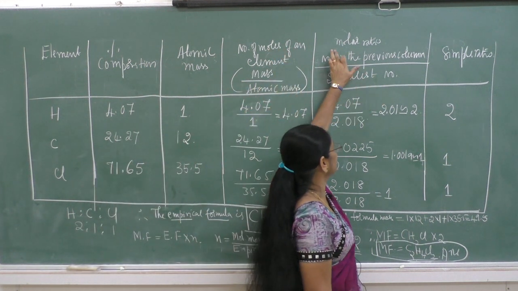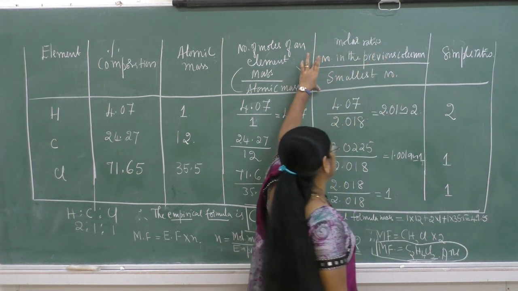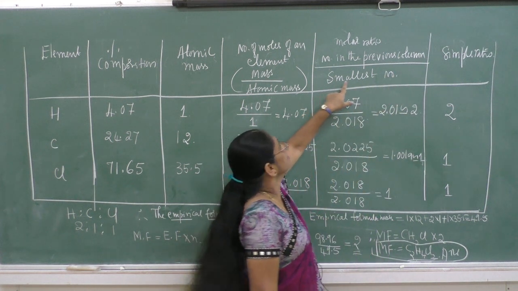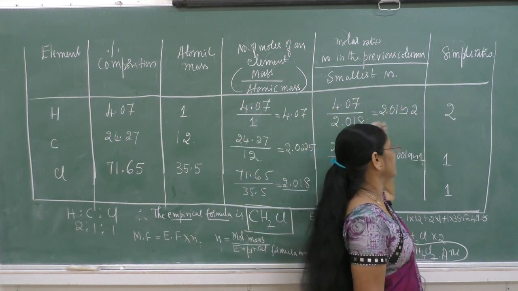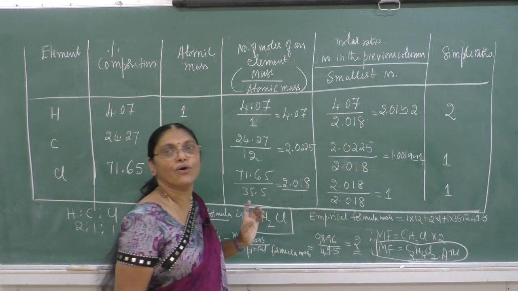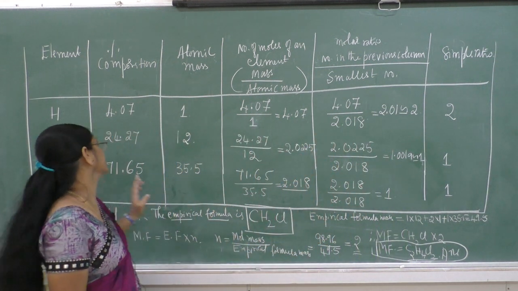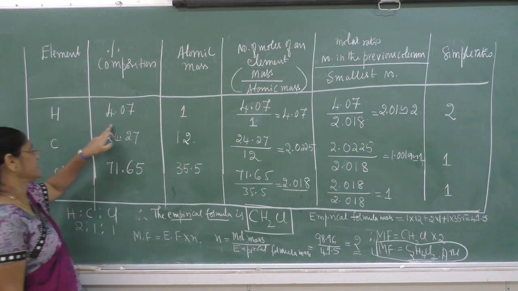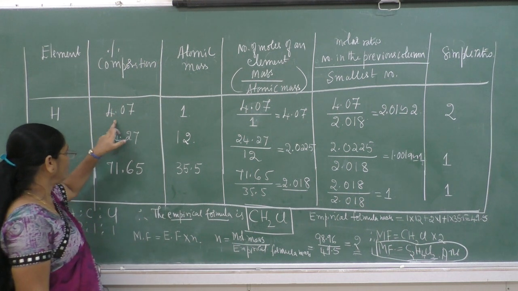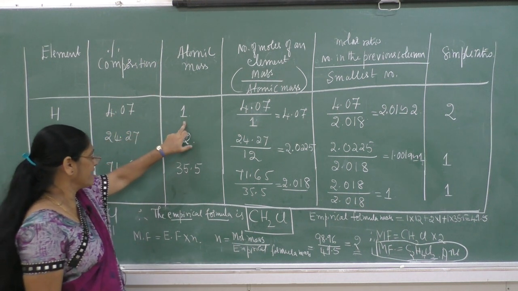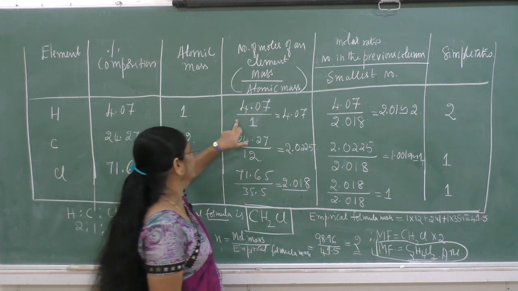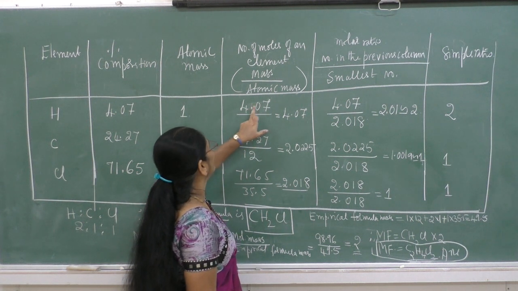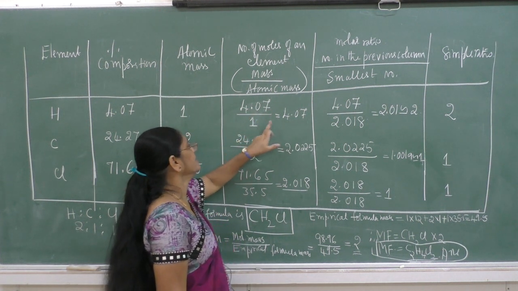Then the next column is molar ratio, that is calculated by the number in the previous column divided by the smallest number. The last column contains the simple ratio of the different atoms. So, hydrogen, carbon and chlorine. What is the percentage mass of hydrogen? 4.07. Then its atomic mass is 1. Then the number of moles of hydrogen is equal to 4.07 by 1. This is equal to